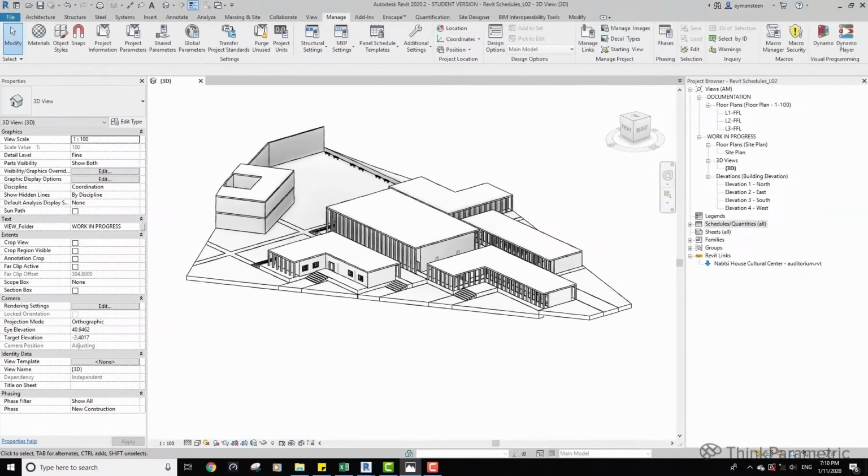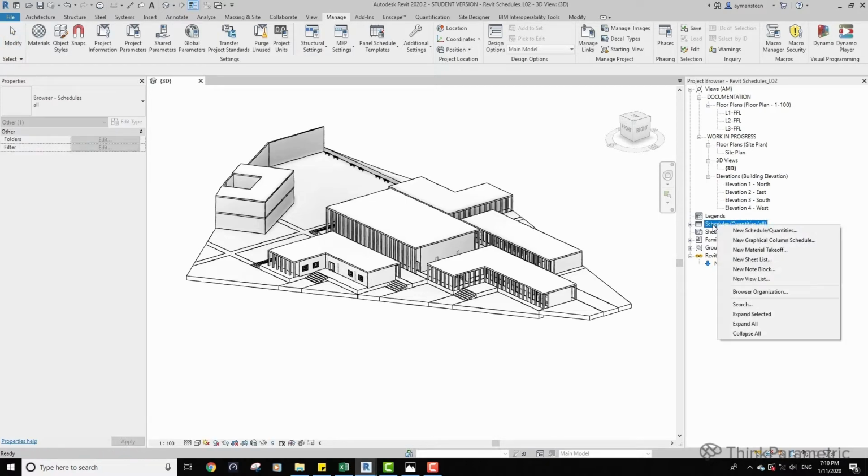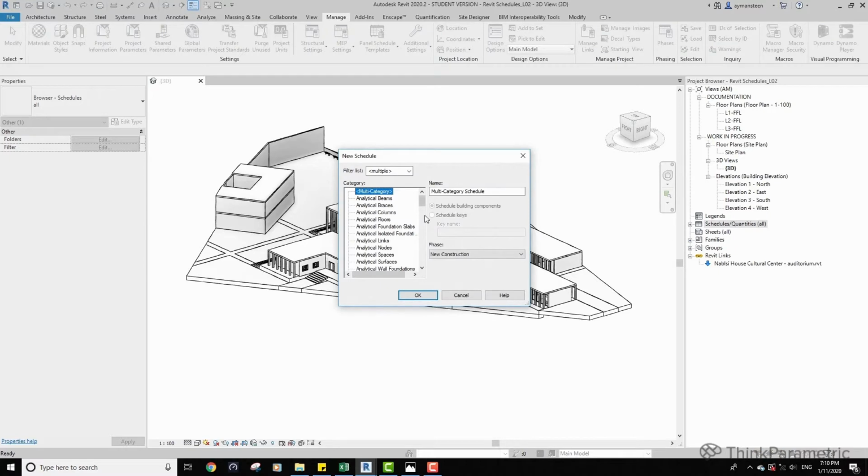Now we want to create a door schedule to discuss more fields inside the Revit schedules. So if we go to the schedules again, right click and create a new schedule. This time we can select doors. There's also another option that we can do, a filtered list.